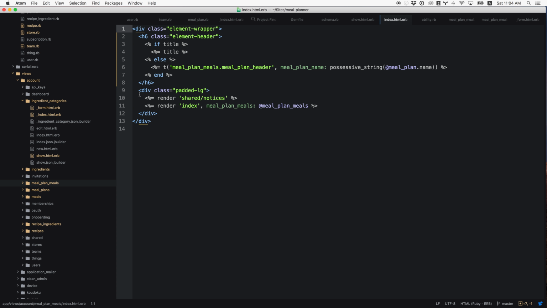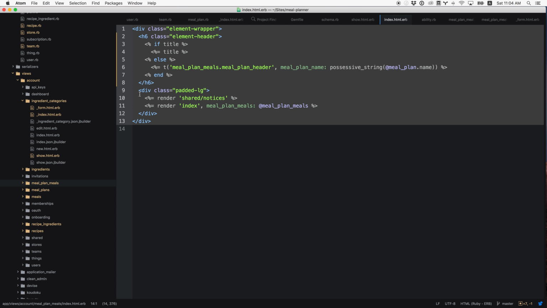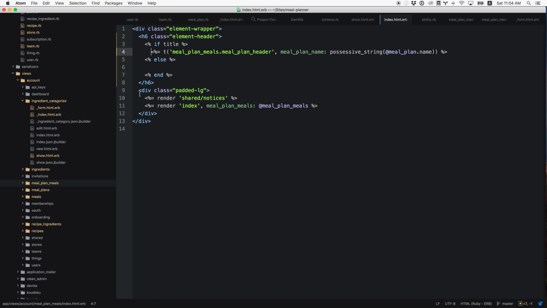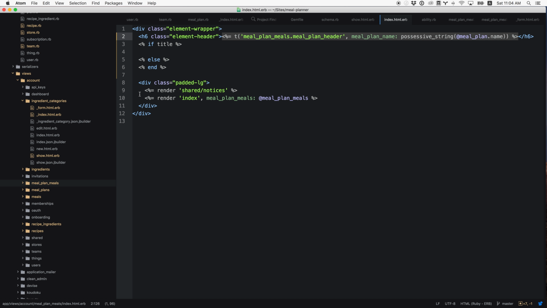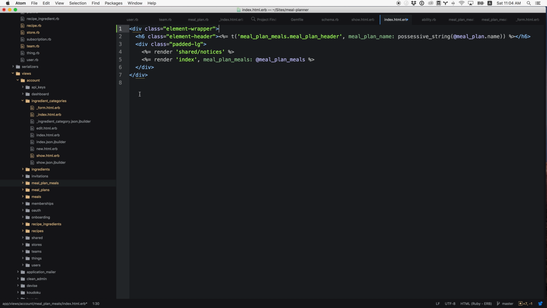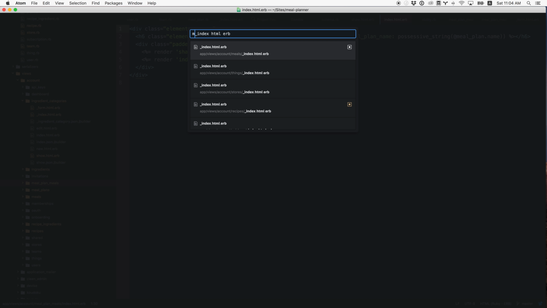Am I even in the right place? So meal plan meals index. Oh, I screwed this up. Never mind. Sorry. Let me, I'm going to revert this entire file. I'm not in the partial. I thought it didn't seem quite right. So in the partial for meal plan meals,